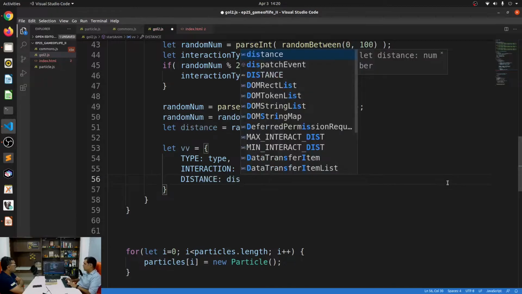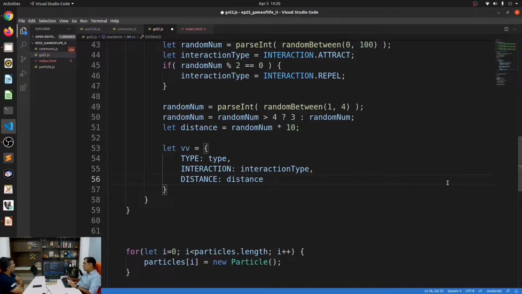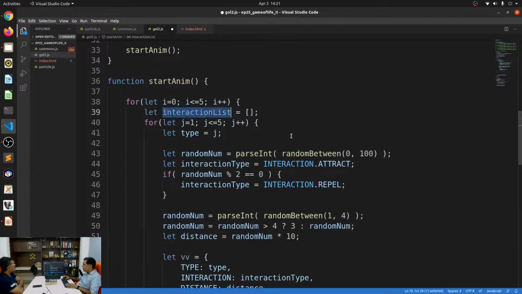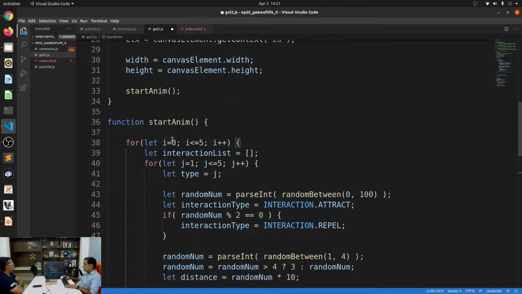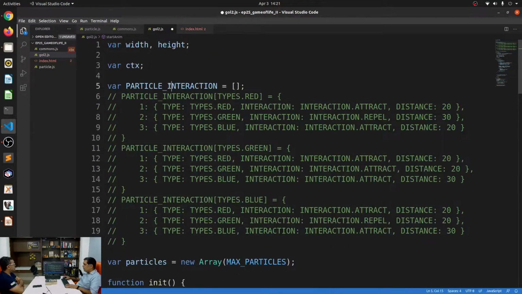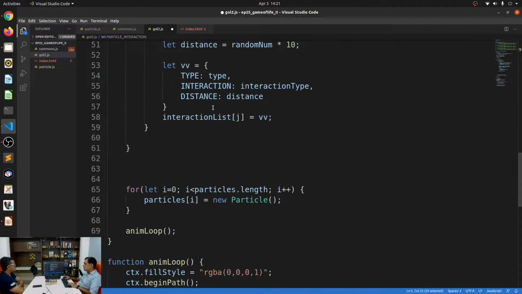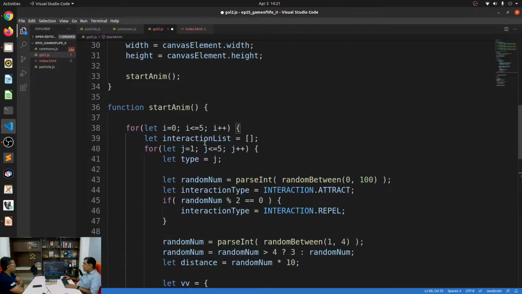Distance is distance. So I have all of these 3 things defined, and I can say that this interaction list of j is equal to VV. So I have this one. And finally, this particle interaction of I is equal to this entire interaction list.